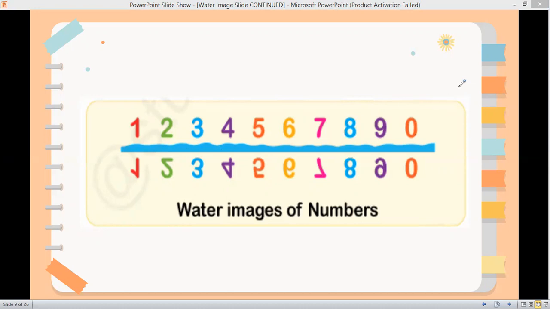So let's practice with 5. What I told you is that the right and the left will remain unchanged. It will be the same. Only the top will become the bottom and the bottom will become the top. So this top came to the bottom and the bottom came to the top. This is the way you have to solve all other numbers. Like for example,